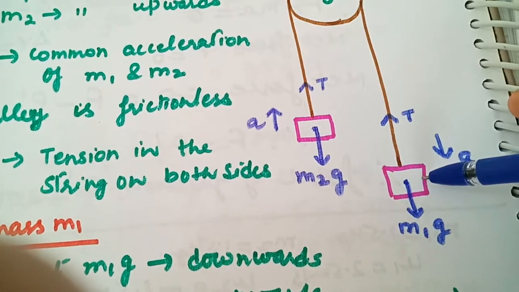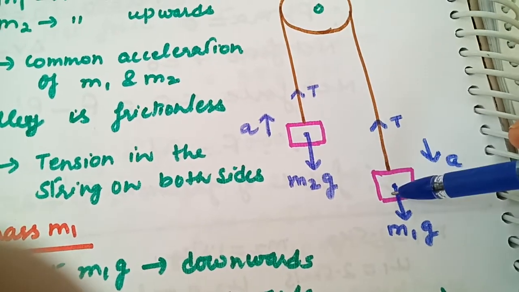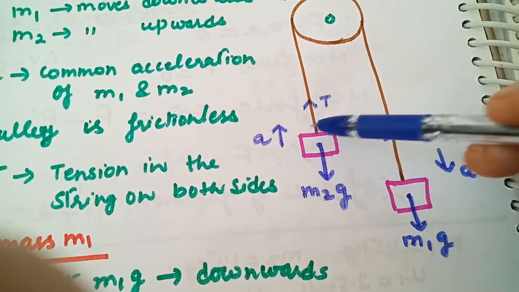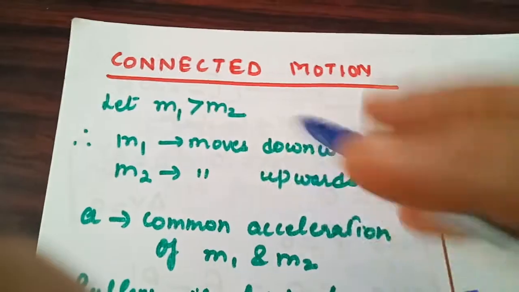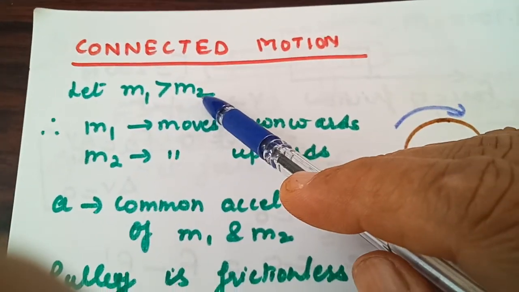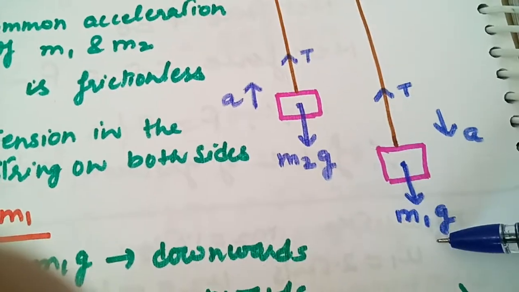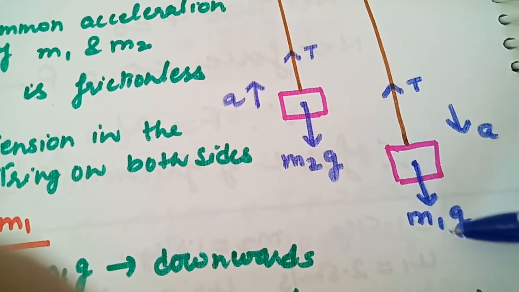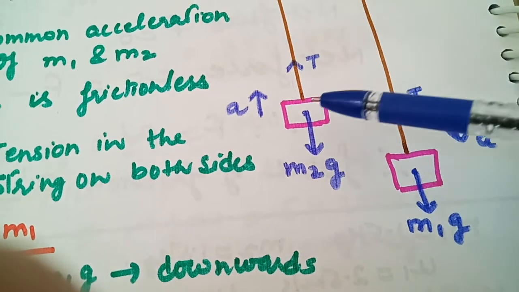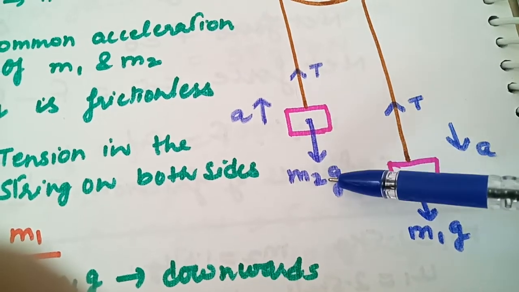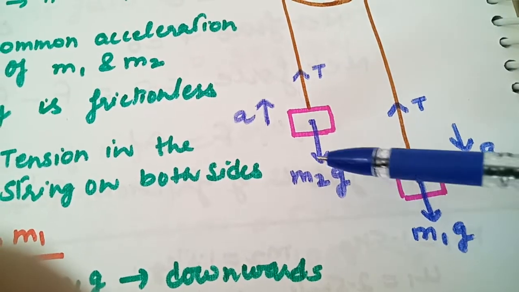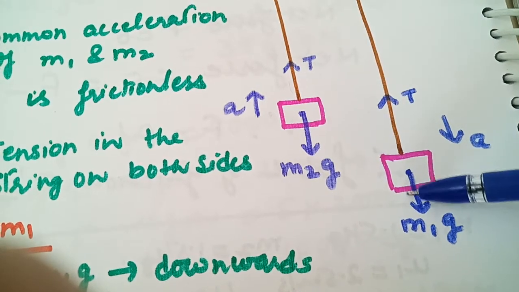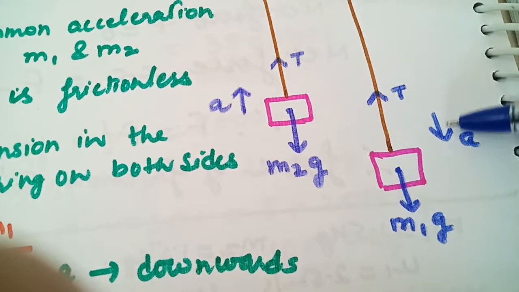Now we have taken the two masses m1 and m2. m1 is attached to one end of the string, m2 is attached to the second end of the string, and here we have considered that m1 is greater than m2. From the center of each body, the weight m1g acts vertically downward, and for the other body the weight m2g also acts vertically downward. But m1 is greater than m2, that is why this force is greater than that force. So this body will move in the downward direction with acceleration a.